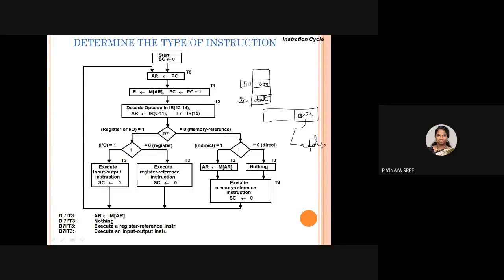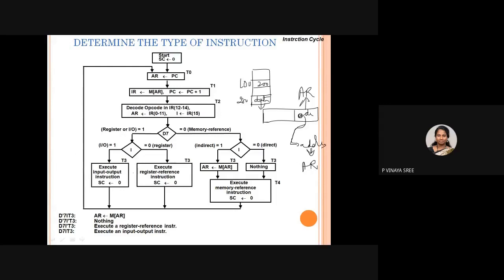This address must be placed in the address register. If it is direct, we already placed it in the address register and it will start executing. If it is indirect, then if you go to that particular address, you will get one more address, say 200, which must be placed in the address register so that it goes for execution